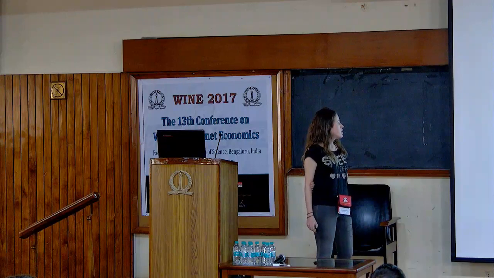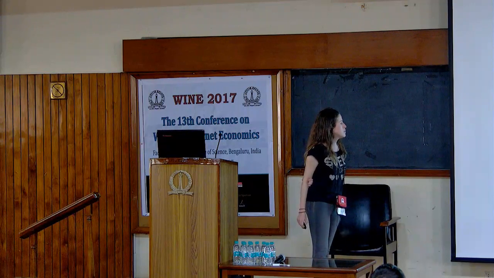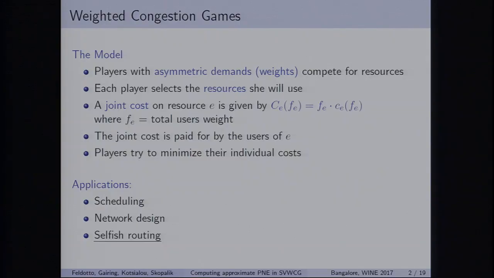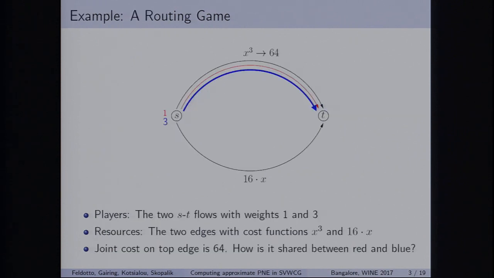cost. So now this model can be applied in frameworks like scheduling, network design, and selfish routing. And the last one is the one that we are going to focus on today. So let's see a simple example of a routing game, the two parallel links, where we have two players, the red